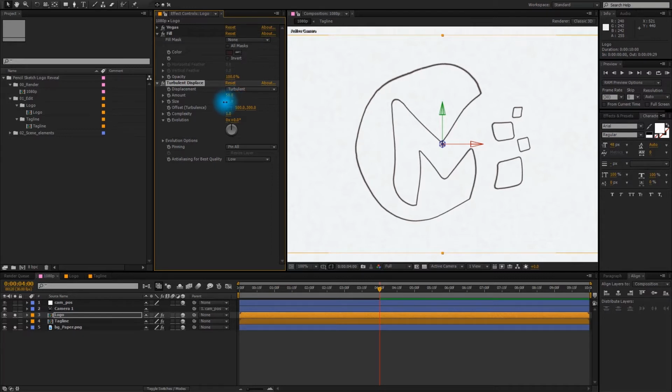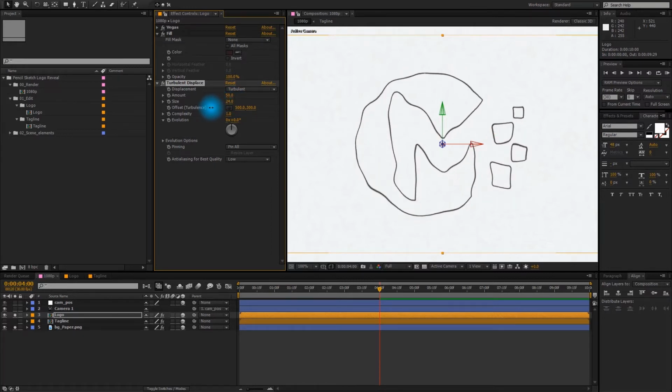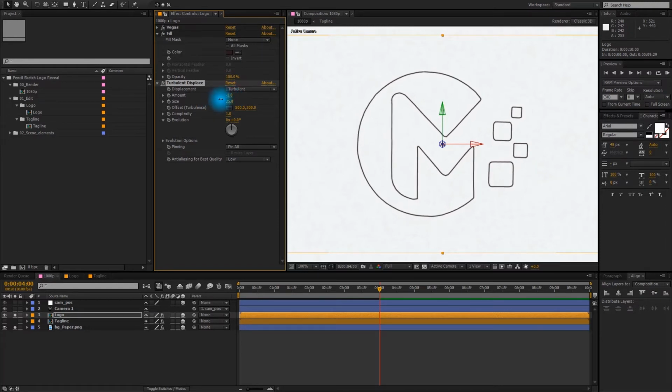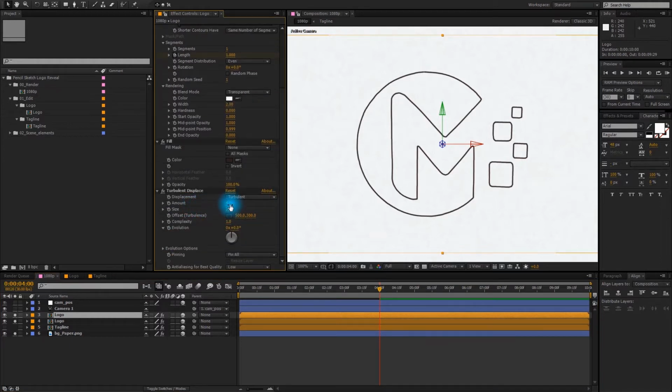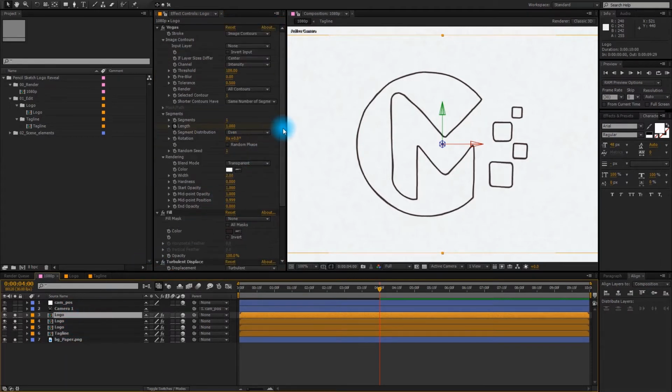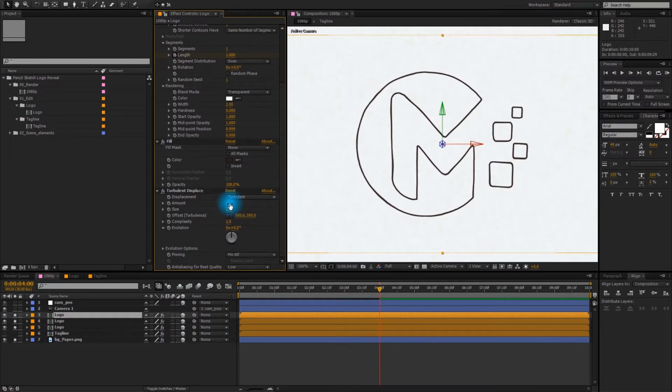We're going to change the size to something smaller. 25 is a good value, and change the amount to, for example, 8. It doesn't have to be extreme. We need just a touch, so maybe even a lower value of 4. Now I'm going to duplicate the logo again, change the value for the turbulent displacement from 4 to 12,